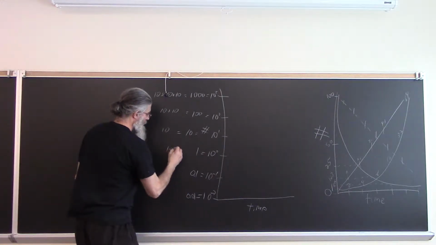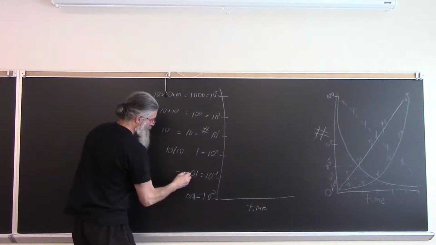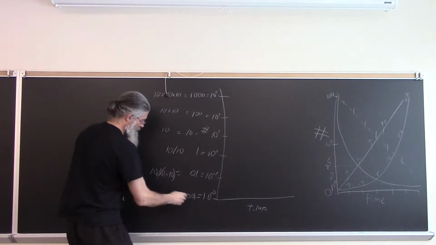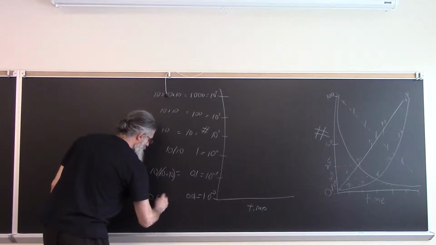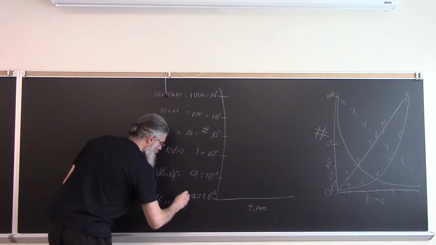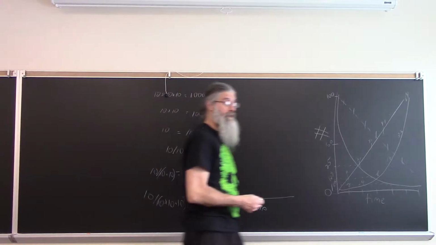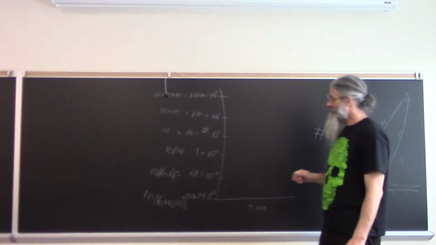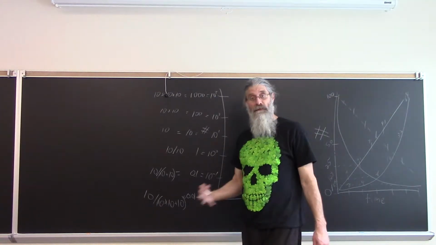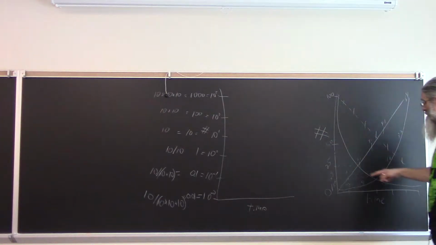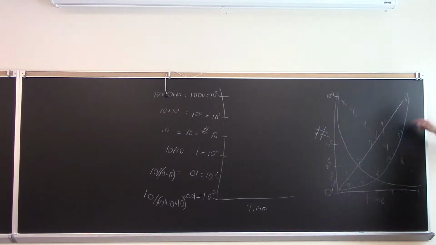We'll even write that out. 10 divided by 10. And 0.01 is equal to 10 divided by 10 times 10. And then here we have 10 divided by 10 times 10 times 10. Okay, so that is a different scale from what we have over here. This is an exponential scale. And when you take a curve that looks like this, or a curve that looks like this, so that's exponential